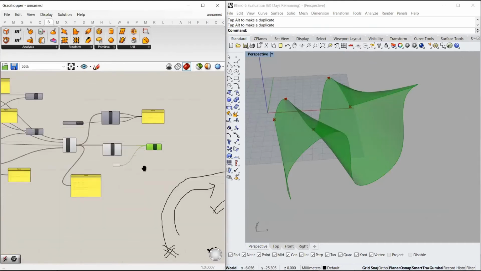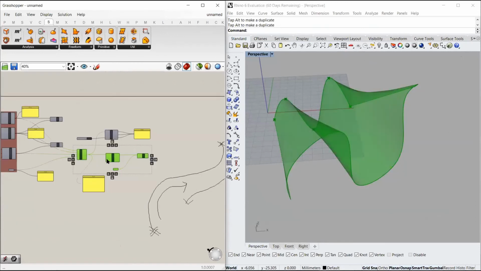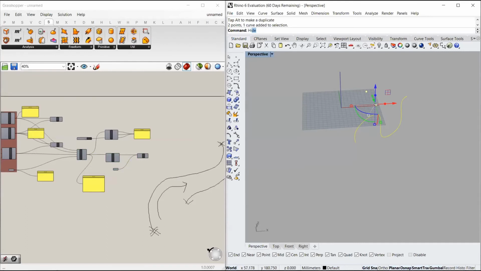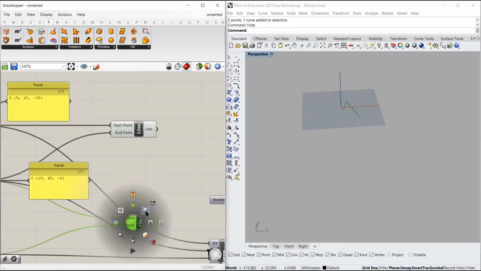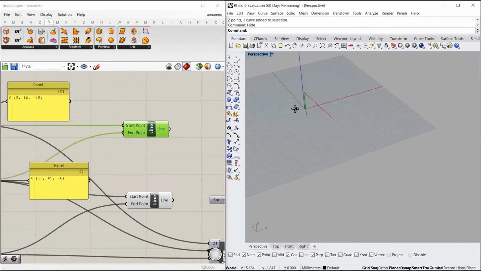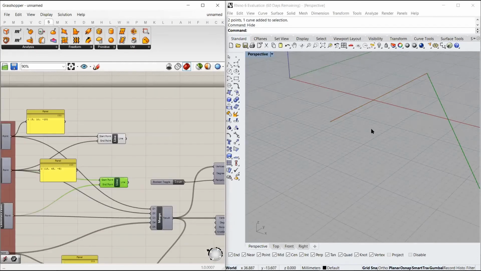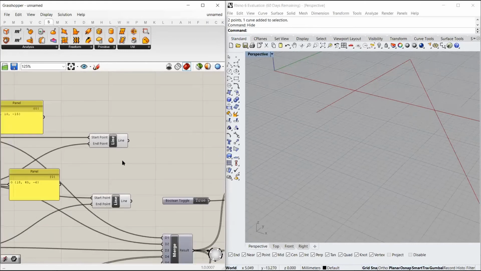Now, there is one more thing. For now, I will just switch this off once again, and I will hide this using the hide command in my Rhino. And I will switch on the two lines that we made at first. So now suppose these are the two lines that we made, this is the first line, this is the second line, and I want to make a line from the midpoint of these 2 points.